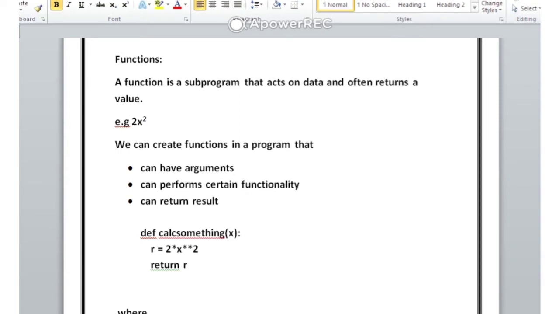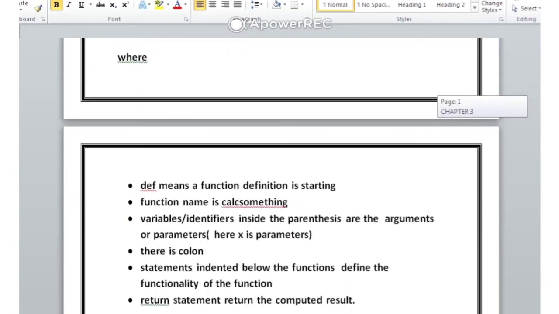As you can see here in the simple line of code I have written, I'm going to highlight it right now. Just see this part. What is it actually doing? It is calculating something. It is finding the value of 2x square and returning the result after the calculations.